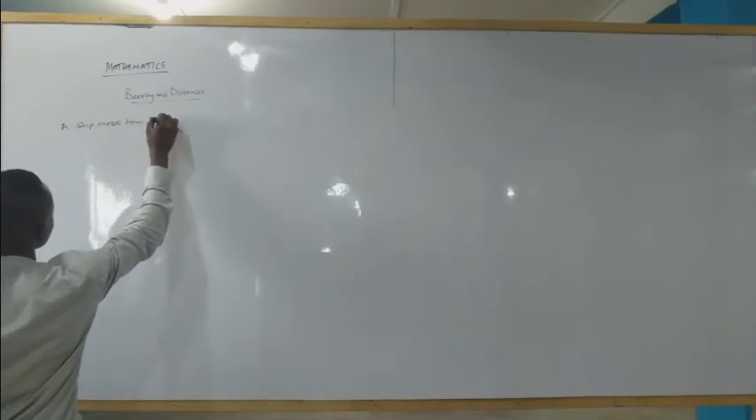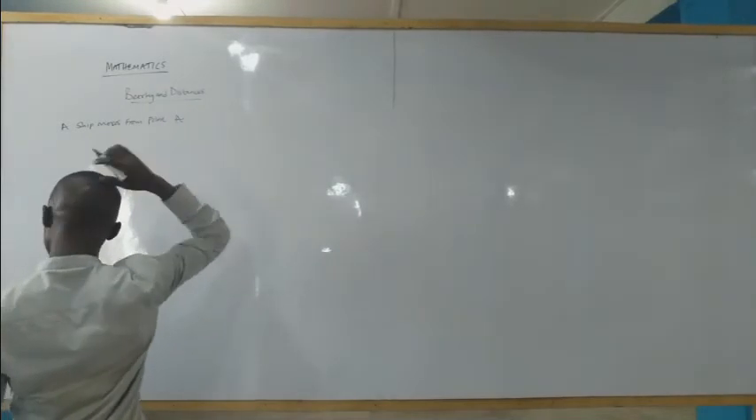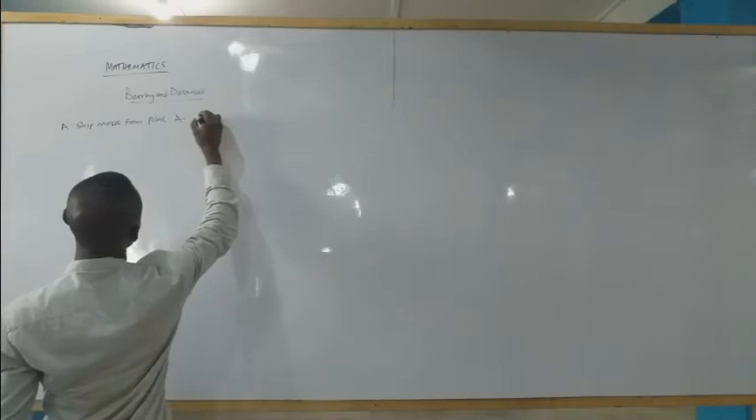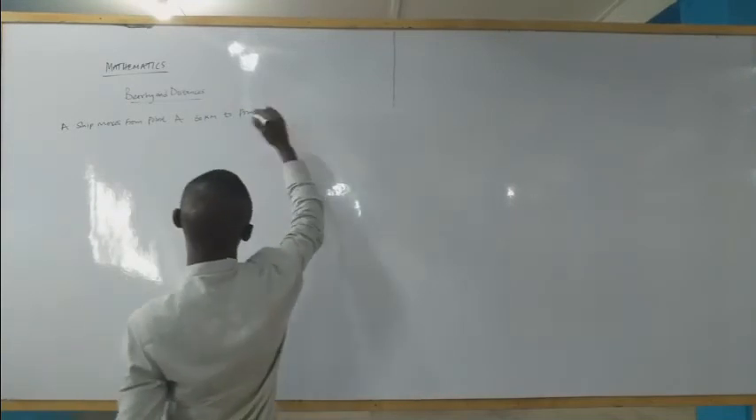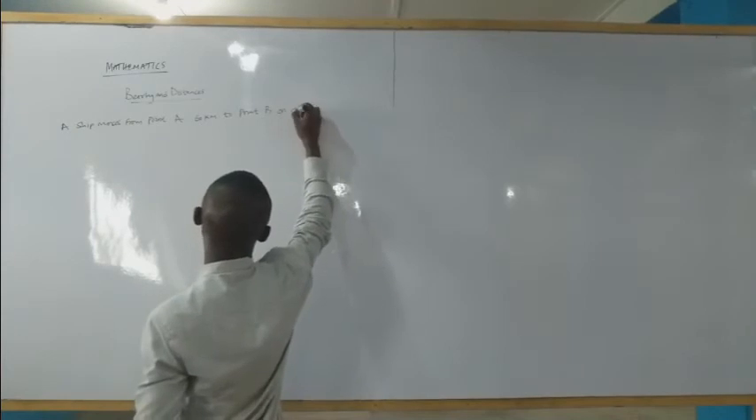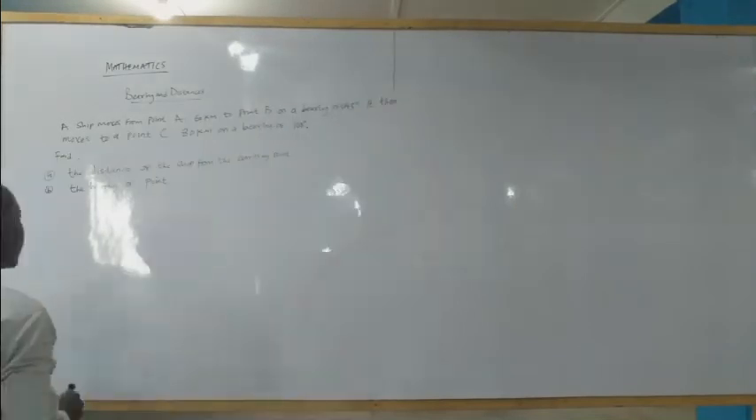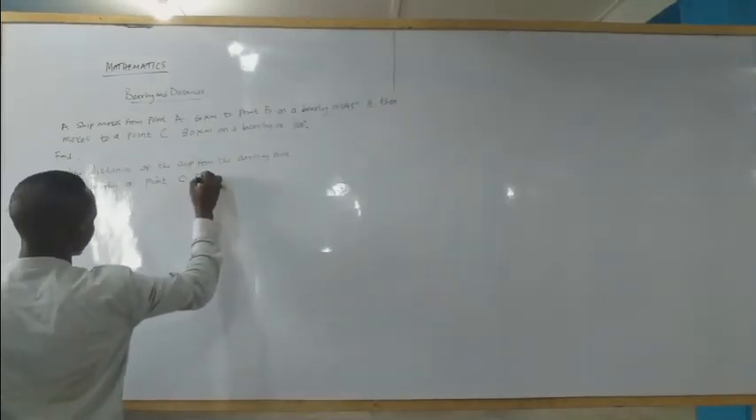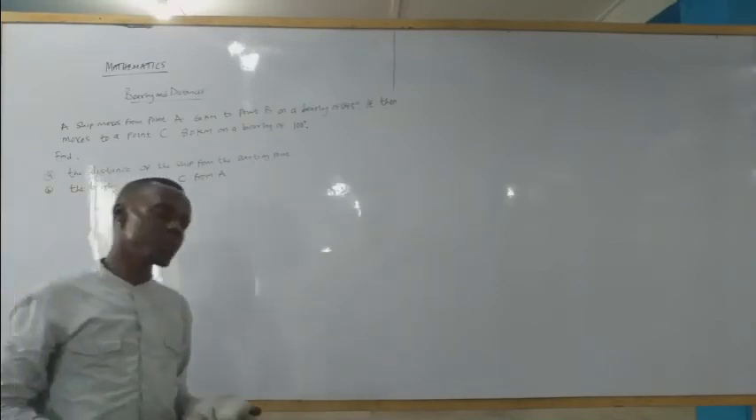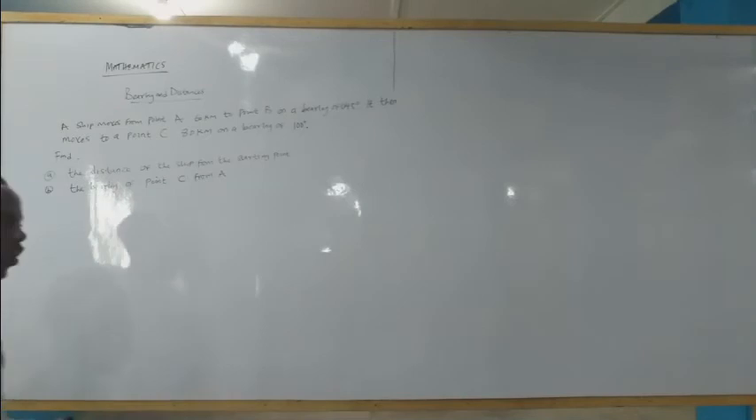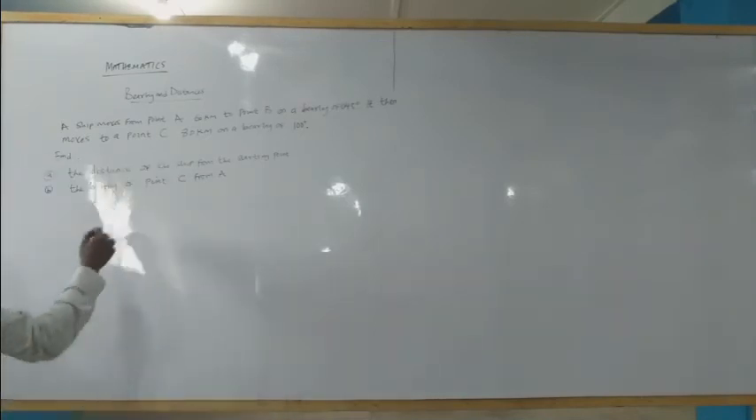Complete question. A ship moves from point A, 60 km to point B on a bearing of 045 degrees, then 80 km to point C on a bearing of 100 degrees. Find the distance of the ship from the starting point and the bearing of point C from A. This is also a 3-digit bearing, and after this we just look at the compass bearing and end the class there. From here,